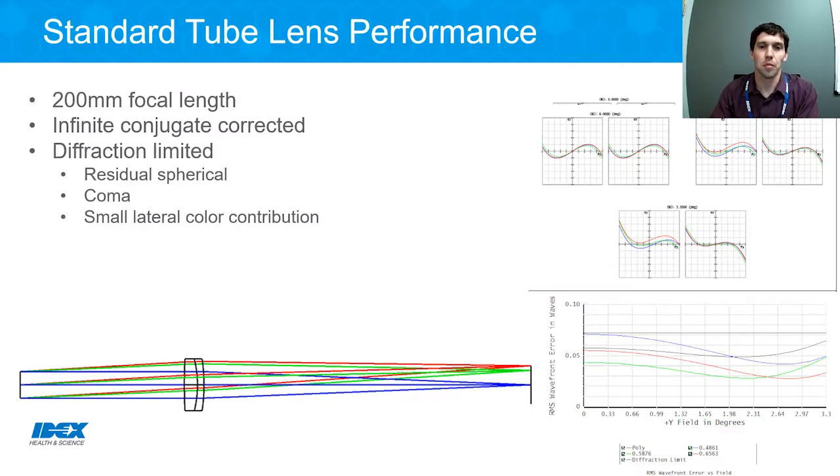You can see here the performance of a self-corrected tube lens of 200 millimeters that might be representative of a standard 1x tube lens. The performance is itself diffraction limited. However, you can see residual amounts of spherical, coma, and lateral color in the upper right ray-fan chart. If you focus on the lower left corner in the optical layout as we flip slides,